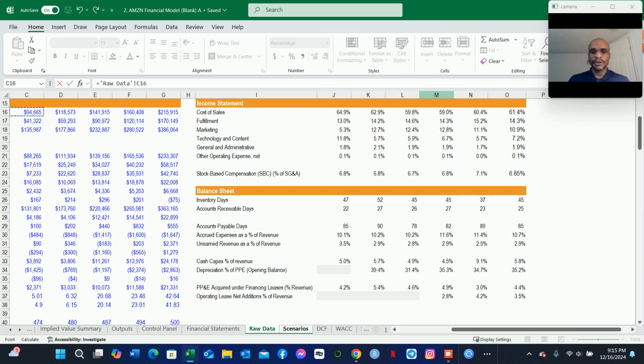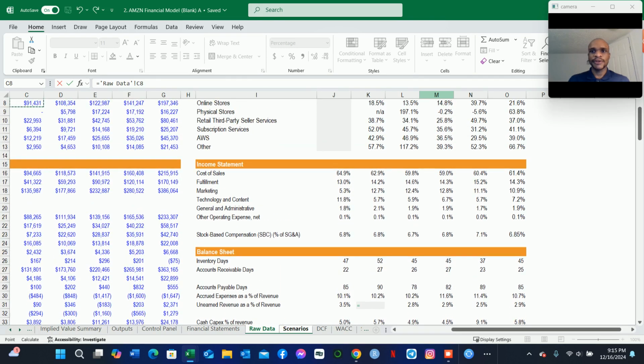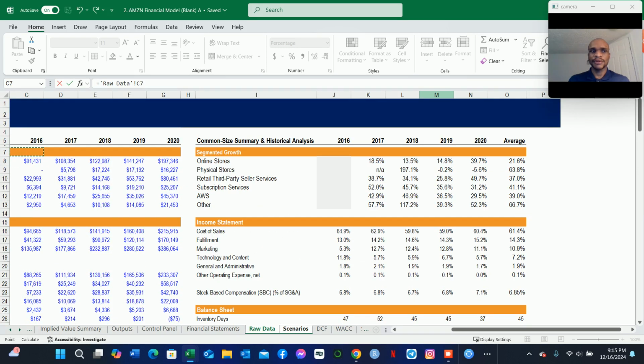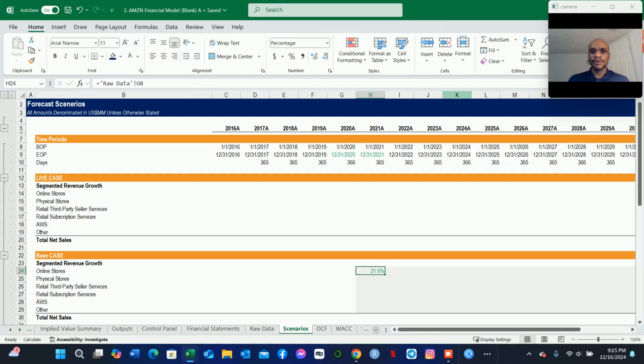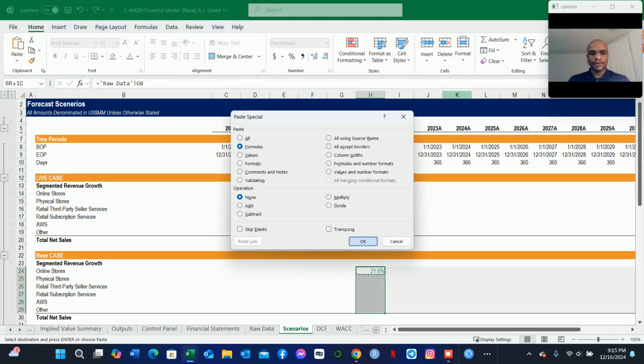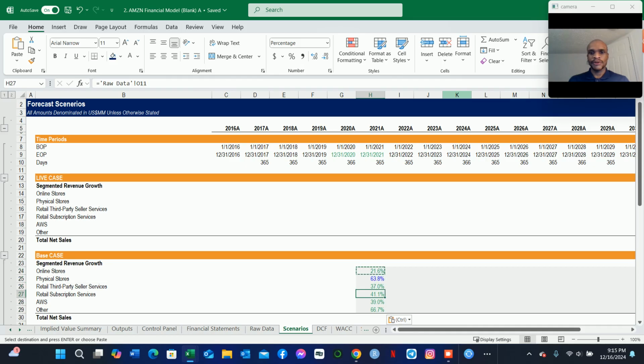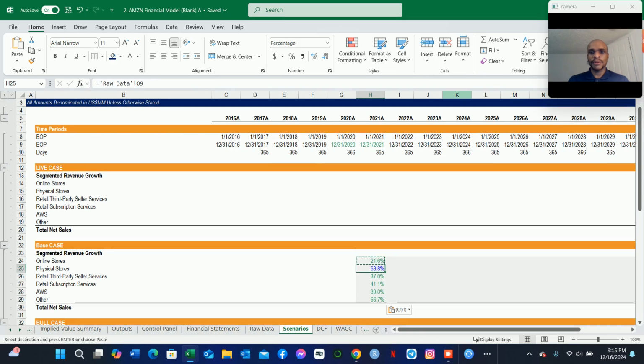Let us go to the raw data and let us reference the averages for revenue, online stores, physical stores, retail third-party seller services, subscription services, Amazon Web Services, and other. Let us copy that, paste here as formulas. Then for the physical stores, we can see here that